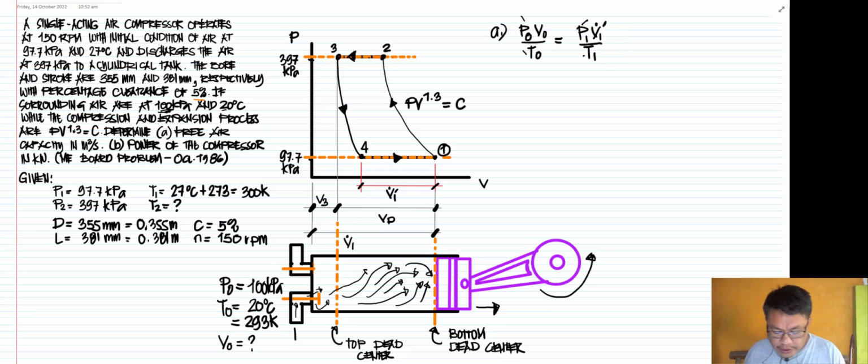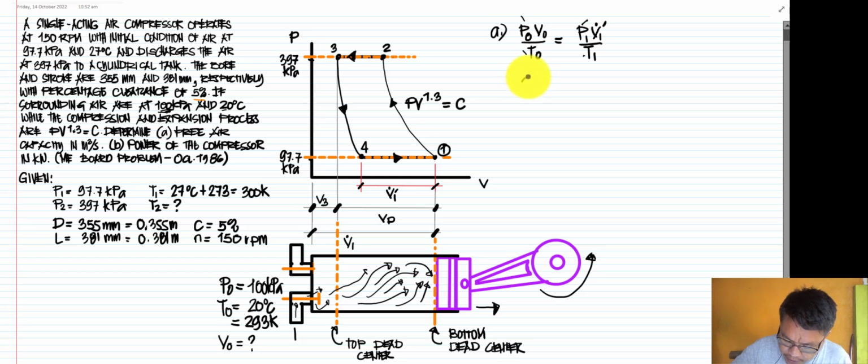Now we can compute our volume 1 prime, no? So we have your relationship. Okay, so we have your volumetric efficiency, that will be equal to your volume flow rate 1 prime divided by your volume displaced,